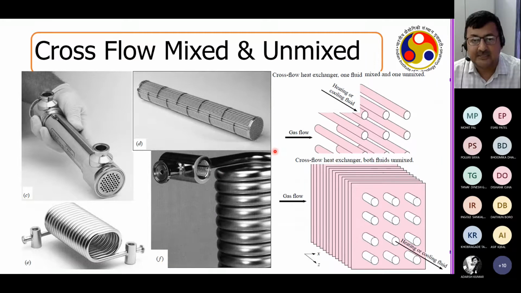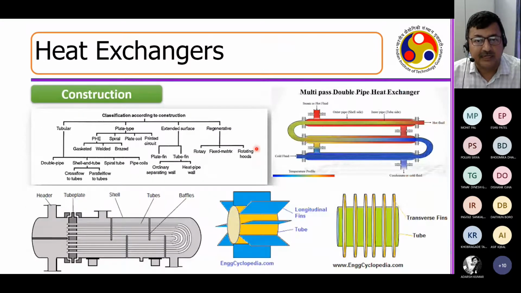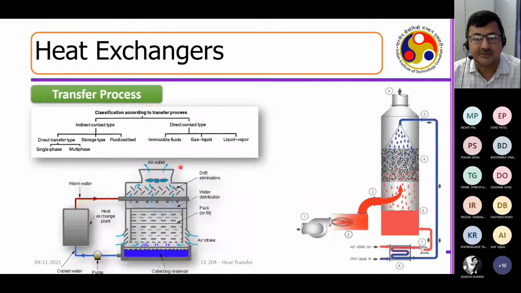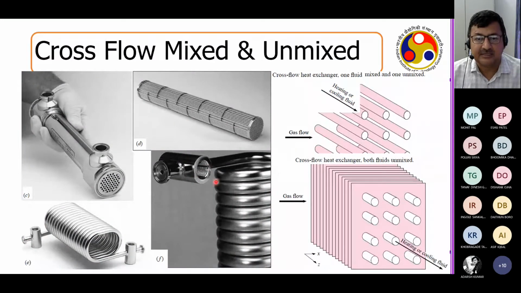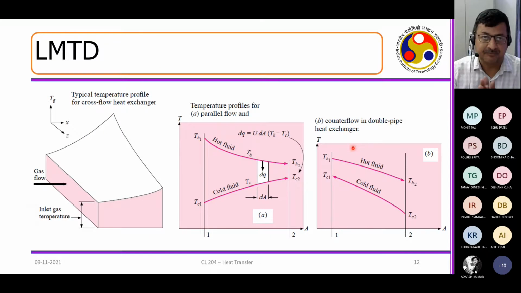This is, I think, the spiral one. Somewhere we had given the spiral one. So if you have a plate type heat exchanger, you have spiral, plate coil, printed circuit. So this is a spiral heat exchanger. You can see that this comes out like this, it looks like this, so you are just cooling down like that. This is a kind of cross flow arrangement. Suppose you are heating or cooling a fluid. In these tubes you are putting a lot of hot fluid, and then with the gas you are cooling them down, right? So cross flow, mixed flow, unmixed flow. These are all different varieties that are possible, right?